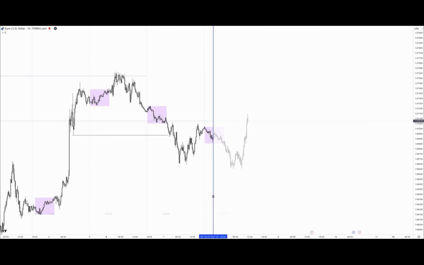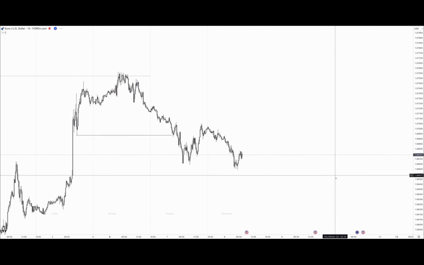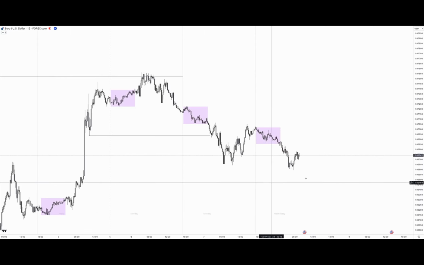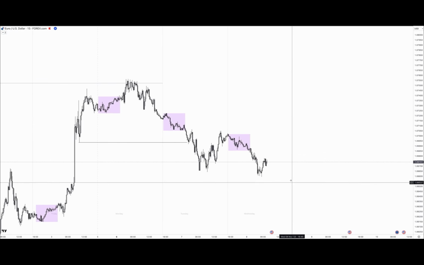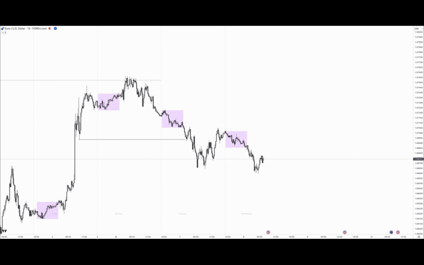Actually, let me rewind time first to 8 o'clock, like 7:45. All right, so on the 15-minute time frame, you can see basically this whole way down, price has just been building liquidity at the highs. At these highs, price was building liquidity, and also yesterday, what happened was smart money had their